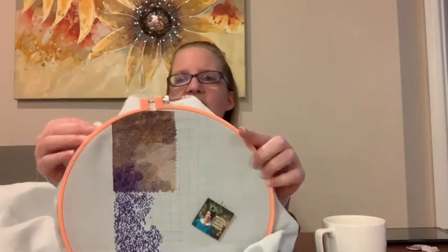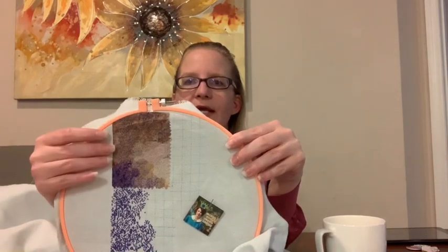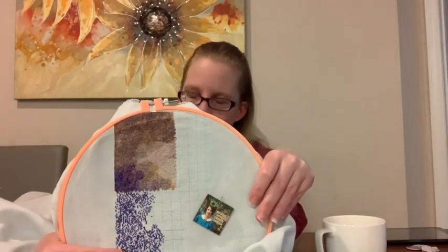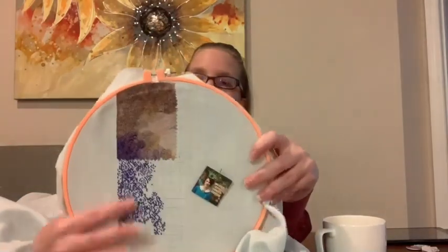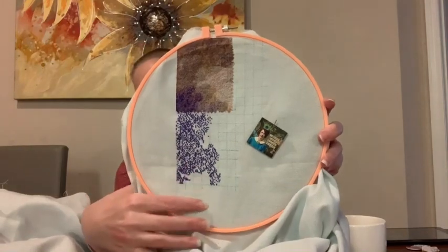So I finished all of page 1, as you can see. And then that one I was doing parking and diagonal blocks. So I'm sticking with my diagonal theme for right now. However, I think I'm gonna have to go in and do some more gridding before I continue stitching. So I might end up having to take this out of the hoop because I decided to do cross country for the second page. That's why you see all this purple. I'm almost done with the purple on the page. But I think I'm gonna have to do some more gridding because I'm gonna be going further than the page,